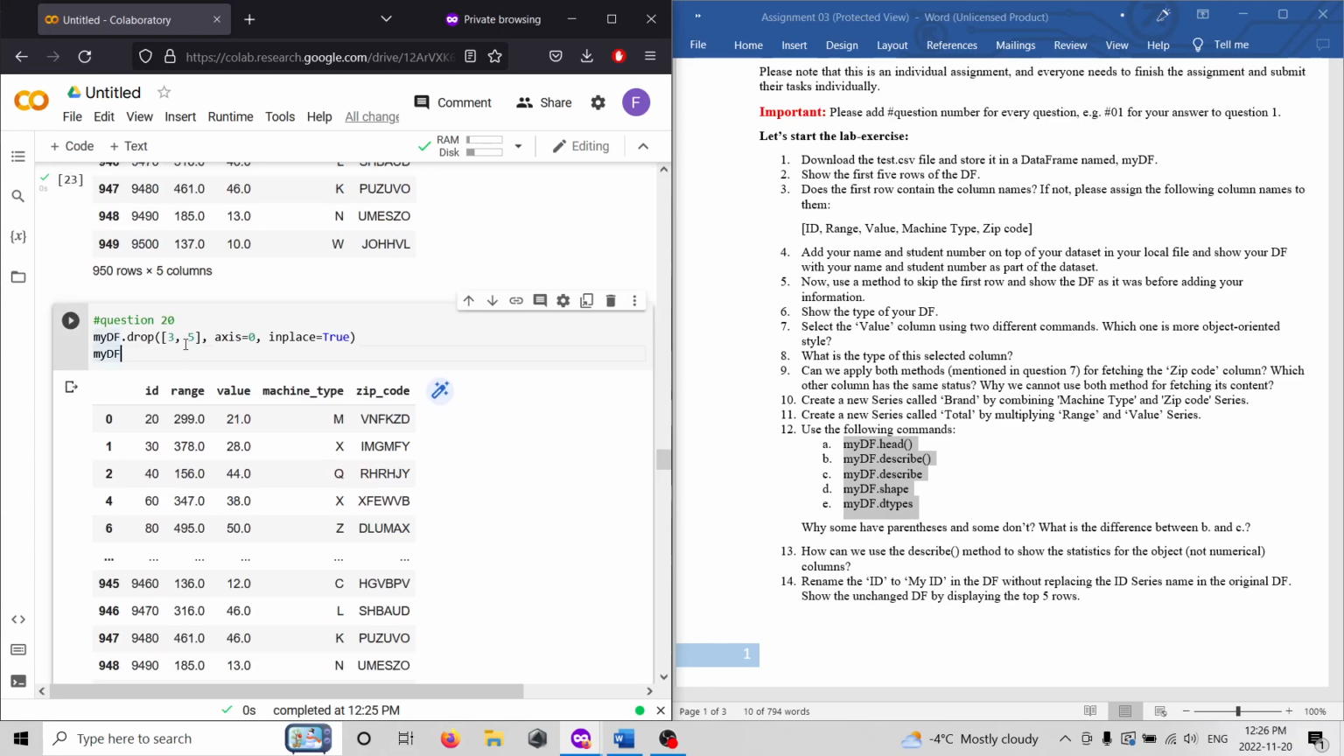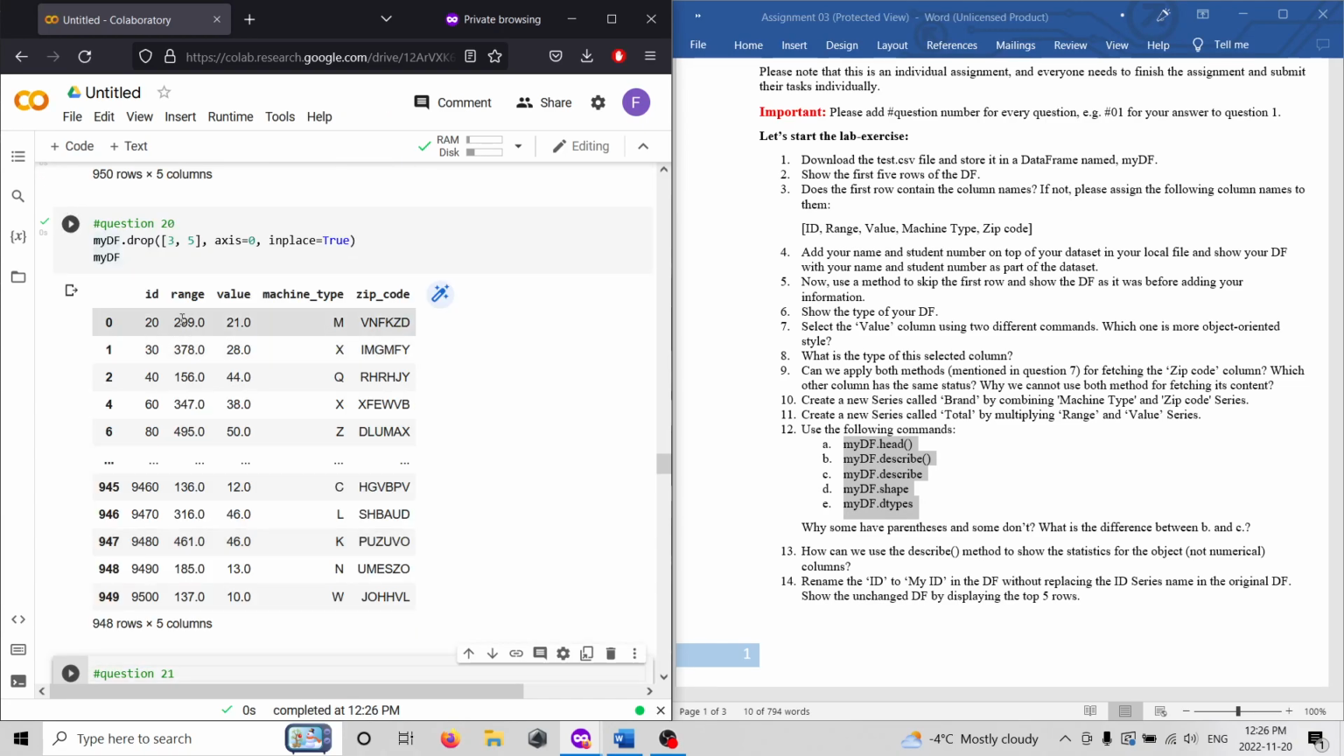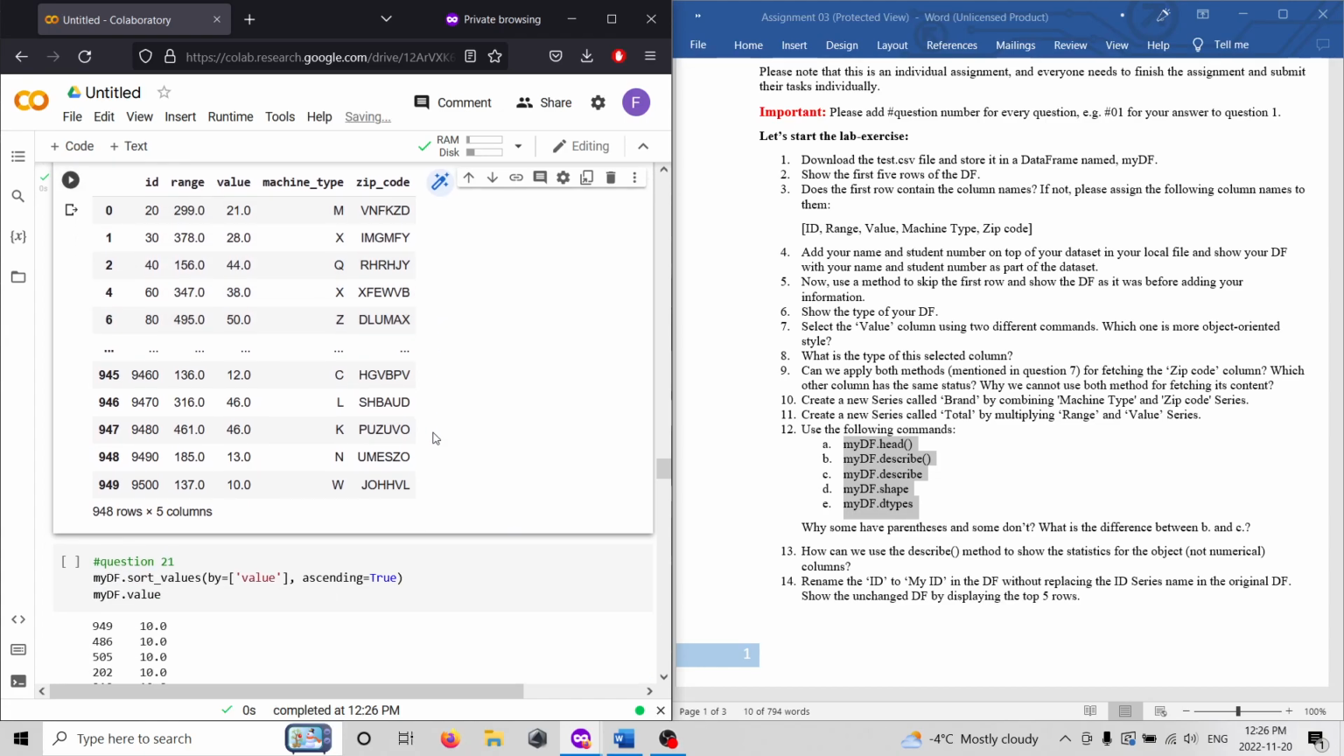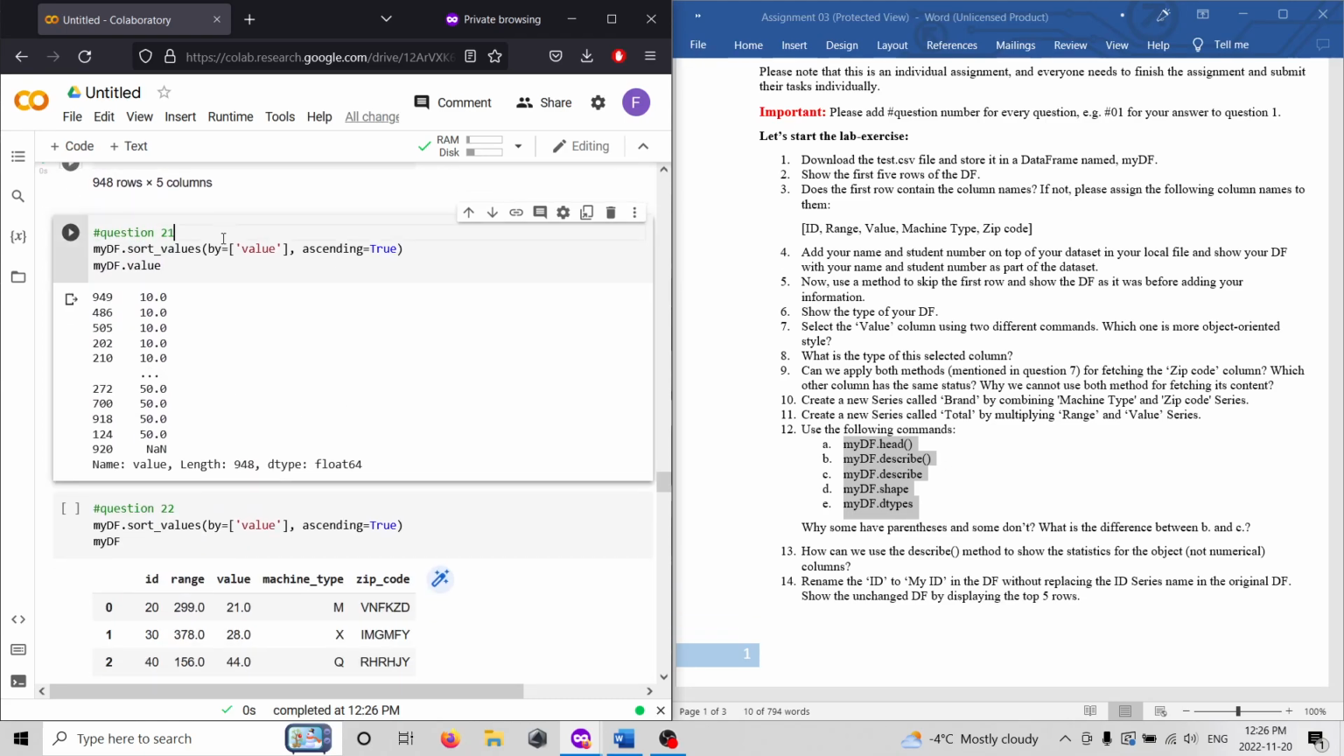And now number 20, we want to drop rows number 3 and 5. Rows start at 0, so 0 going this way means 3. As you can see, 2, 4, there's no 3, and then 4, 6, no 5. inplace makes it true. Number